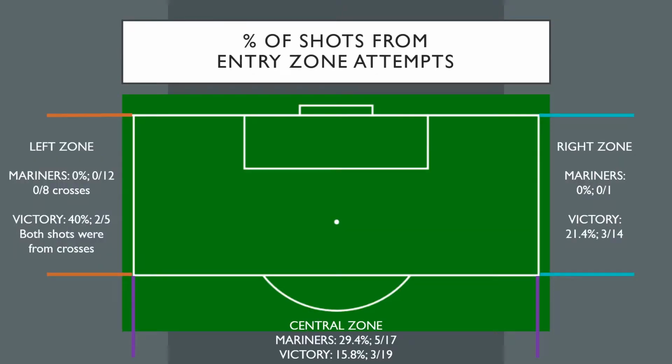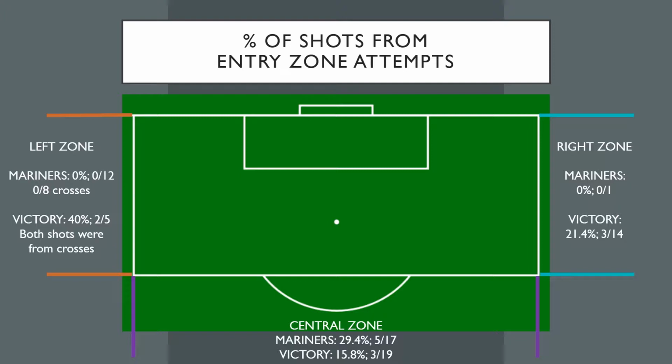The Mariners' only attempt through the right zone did not result in a shot, whereas their 12 attempts through the left zone resulted in 0 on target, and 8 of these came from a cross. Their 17 attempts through the central zone resulted in 29.4% on target, still quite a poor return. But with that said, it was shown that 3 of their 4 dribbles into the central zone ended in a